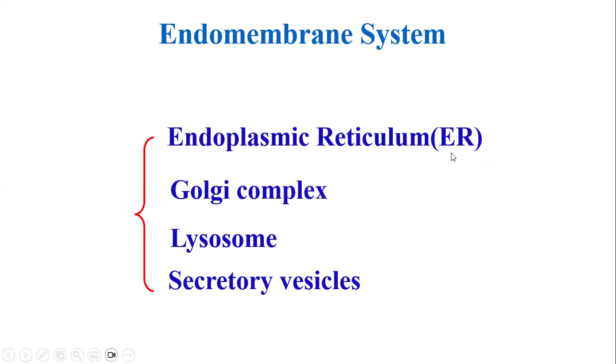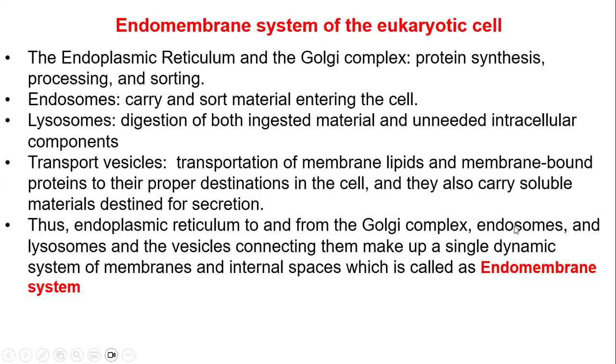So endoplasmic reticulum, along with other organelles such as Golgi complex, lysosomes and secretory vesicles, form a system which is known as endomembrane system. So the endomembrane system of eukaryotes consists of the endoplasmic reticulum and the Golgi complex that are involved in protein synthesis, processing and sorting, the endosomes that carry and sort material entering the cell, the lysosomes that are involved in digestion of both ingested material and unneeded intracellular components, and the transport vesicles that are involved